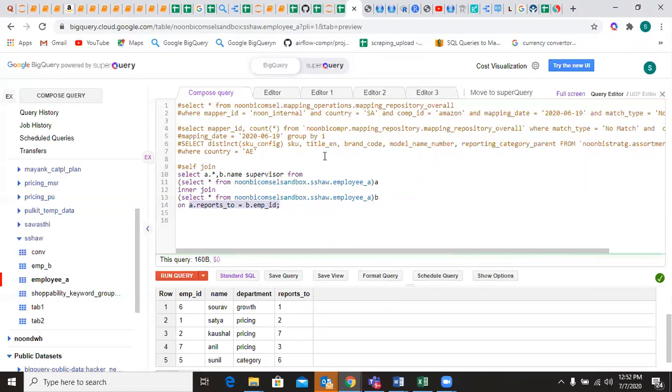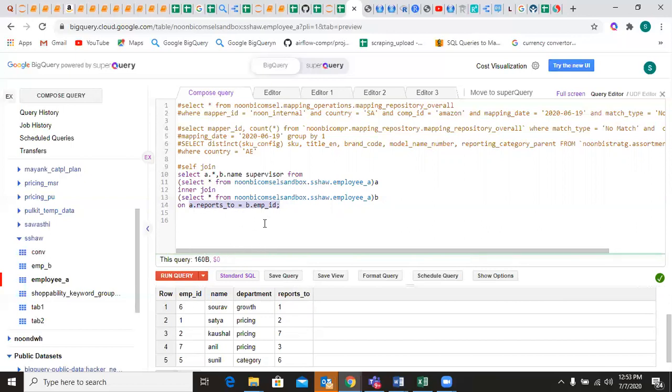From table A, I am taking reports to. On the reports to, I'm performing join on the employee ID of table B. Means if one is present, it will match with the employee ID of one and it will pick the name Satya. So again, let me repeat. From table A, I'm taking reports to as my criteria and I'm equating it to employee ID of table B.